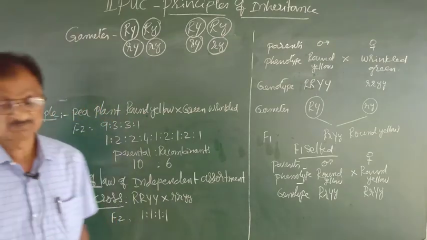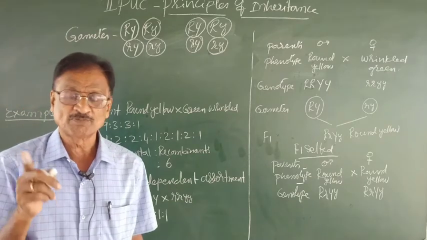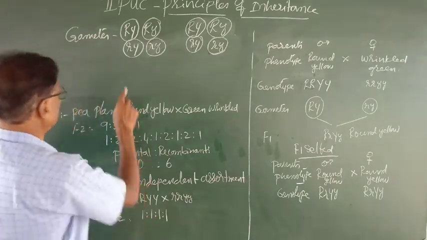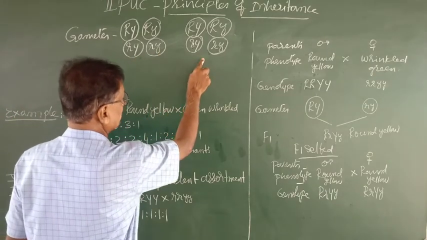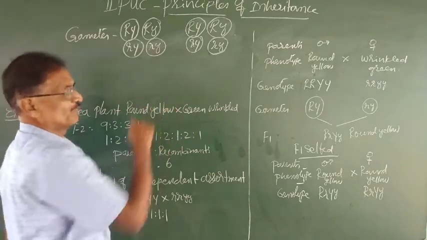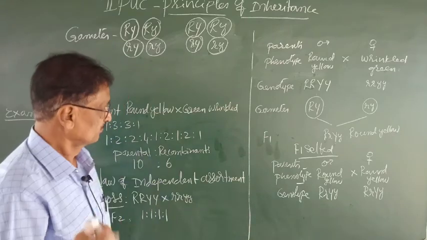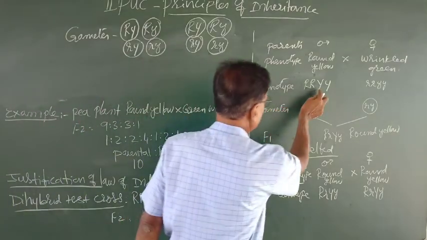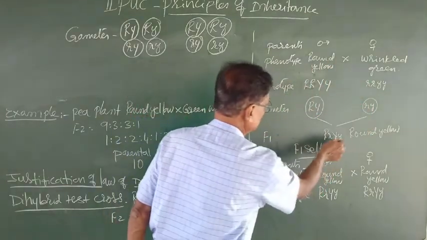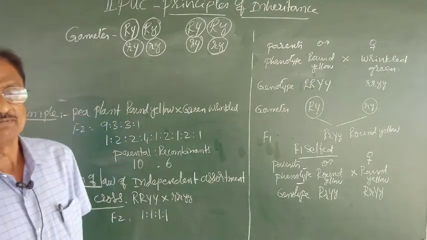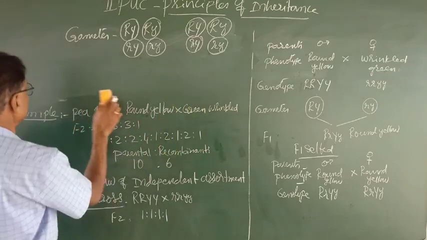These are the gametes. How many possible individuals are you going to get in the F2 generation? Observe here, as here 4 types of gametes and here 4 types of gametes. So 4 into 4, that means you are going to get 16 individuals. It is as simple as that. In the monohybrid case, there is 1 type of gamete here and 1 type here, so 1 into 1, that is only 1 individual. Here the 16 individuals are obtained.